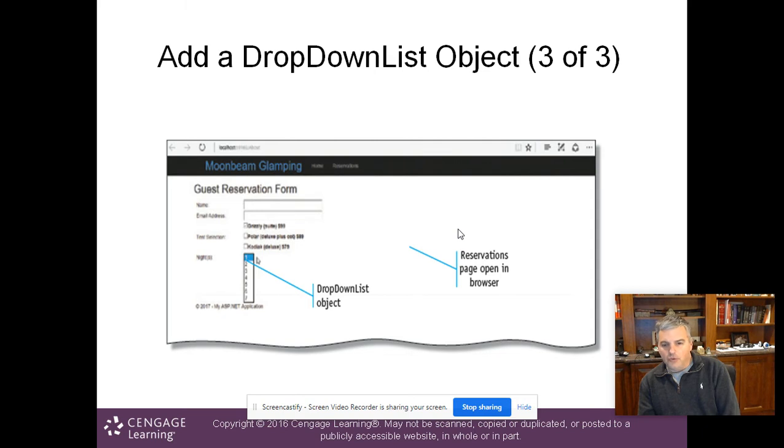And we'll use a drop-down-list object to select a number of nights that they're going to stay in this tent. So this is a new object we haven't used so far. Maybe some of you have kind of played around with it, and that's fine. But this is the first official use of the drop-down-list object. So we'll use that for the number of nights in this